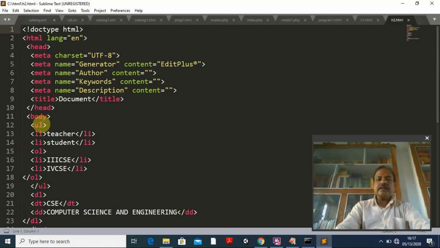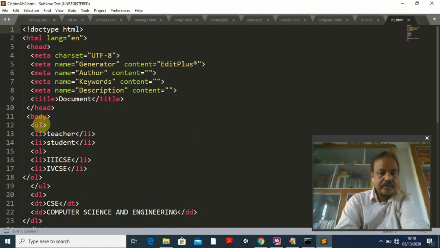Suppose I prepare a list, for example I write sweet, and the description is that I want to purchase rasgulla 1 kg, or I want a book, and under this book I want the computer science and engineering HTML5 book. Okay, so these are the three types of list you can use. One is the unordered list, that is UL for short, the ordered list, that is OL, and another is the description list, that is DL.